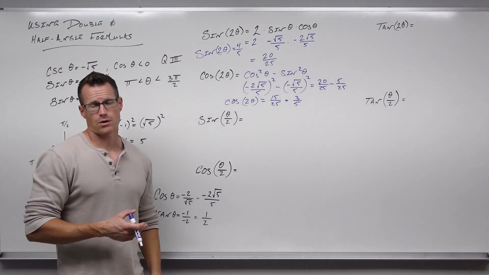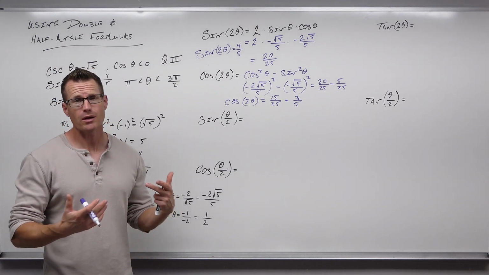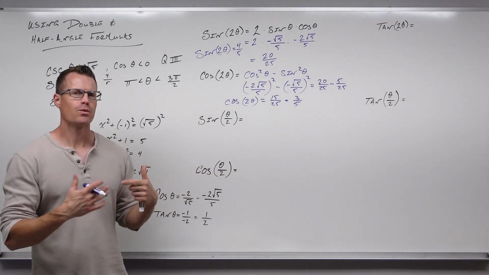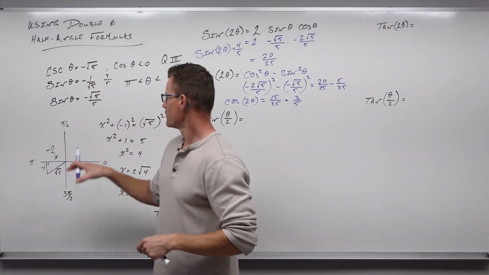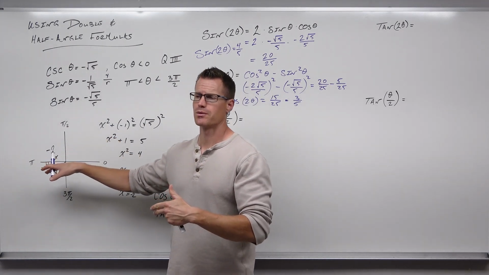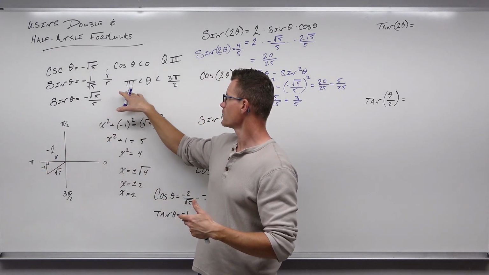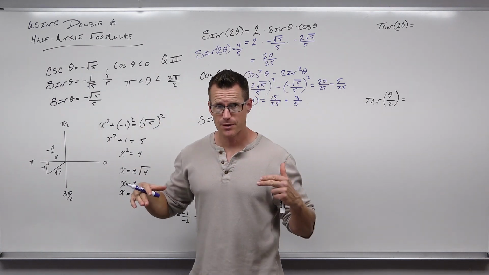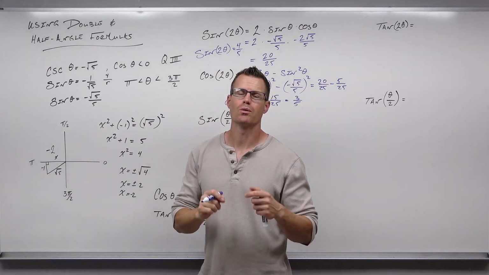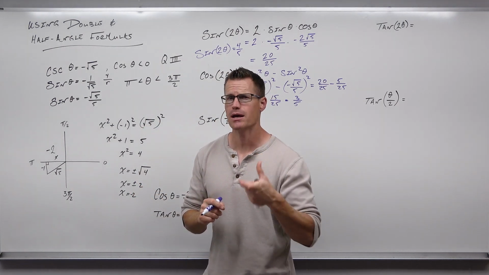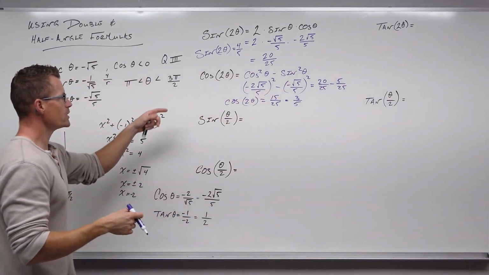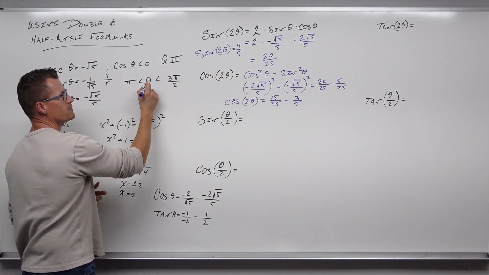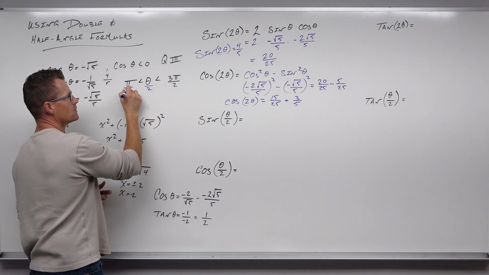Maybe before you start your half angle formulas, it might be a good idea to figure out where this angle actually is. So the best way that I found to do this is draw your picture, determine your quadrant, but then take a look at the inequality version of that. If you divide everything by 2, it will show you where theta over 2, your half angle, is. So we're going to do that. So we know if we're in quadrant 3, we're between pi and 3 pi over 2. If we divide that by 2,